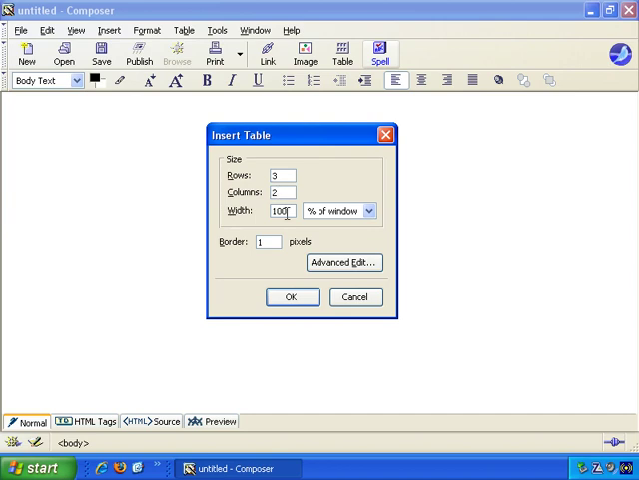Instead, I specify a pixel width of the table of, in this instance, let's go with 750 pixels wide. So we have 3 rows, 2 columns, 750 pixels wide, and the border, I make an invisible border, so 0 for the border. And if we go to Advanced Edit,